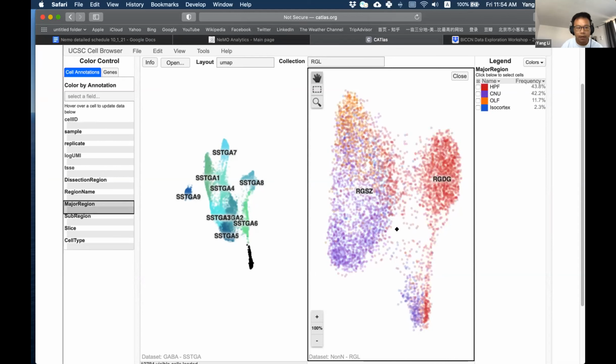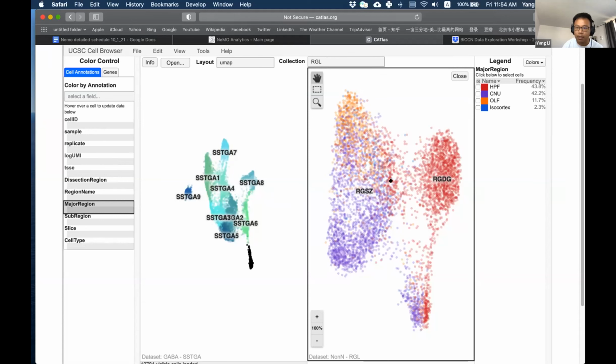For example, if I click the major region, you will see the radial glial-like cells from DG basically came from the hippocampus. And the radial glia from the subventricular zone mainly came from several nuclei, but some of the cells could be from the olfactory area.